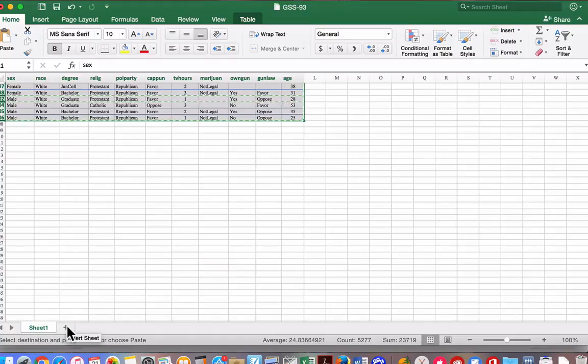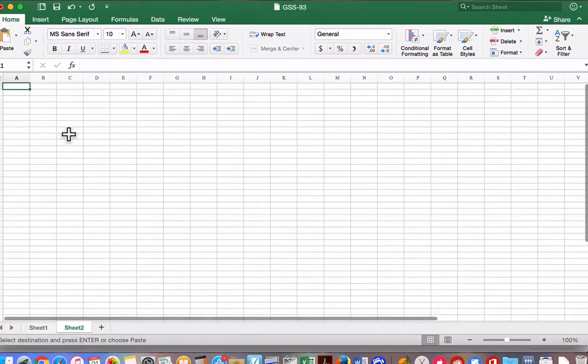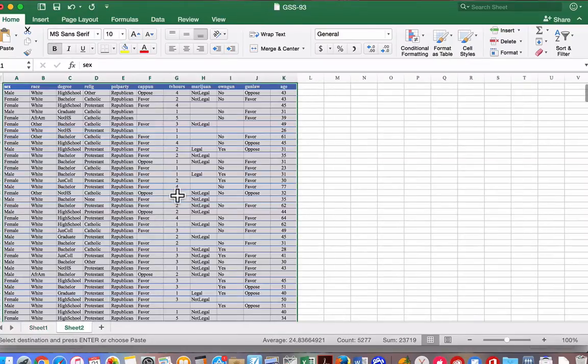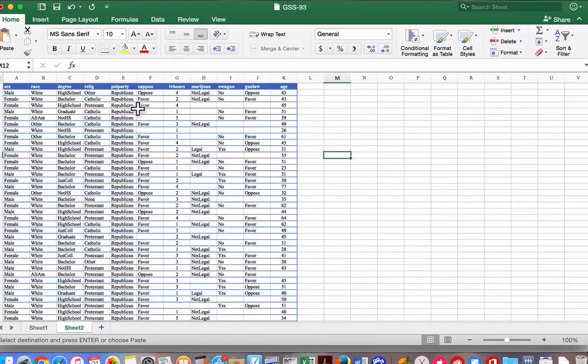So I'm going to create a new worksheet and paste my information in. And you'll notice this is just all the information about people that have identified themselves in the survey as Republican. Now, if I go to the bottom and let's say I want to rename this, and this would be a good idea for any of the projects you hand in, instead of creating all new worksheets,